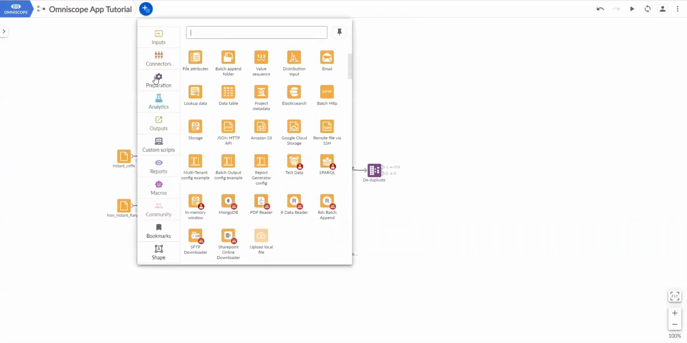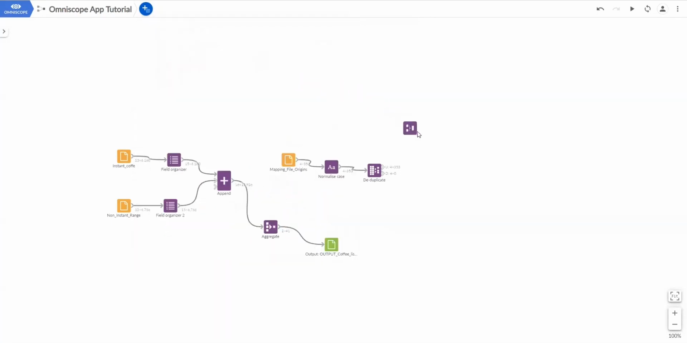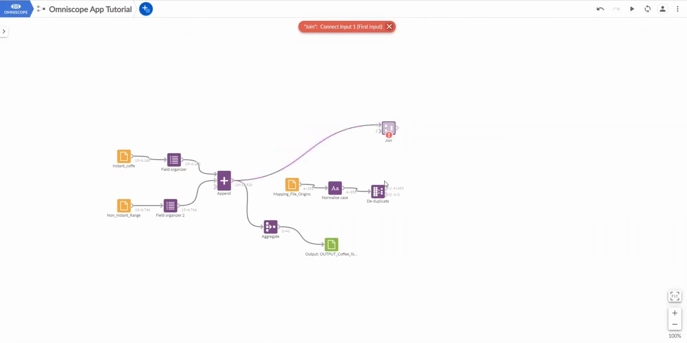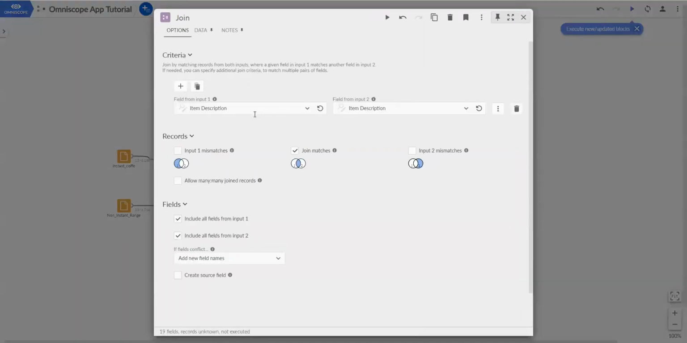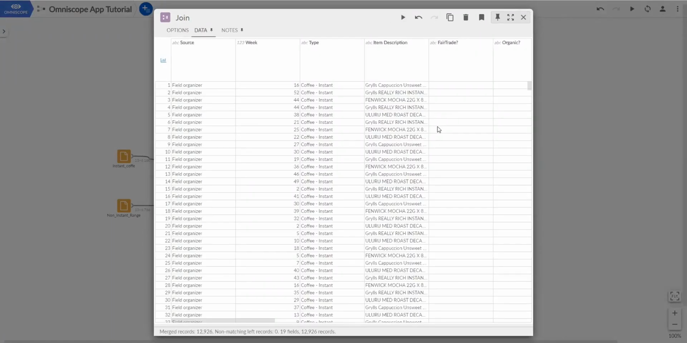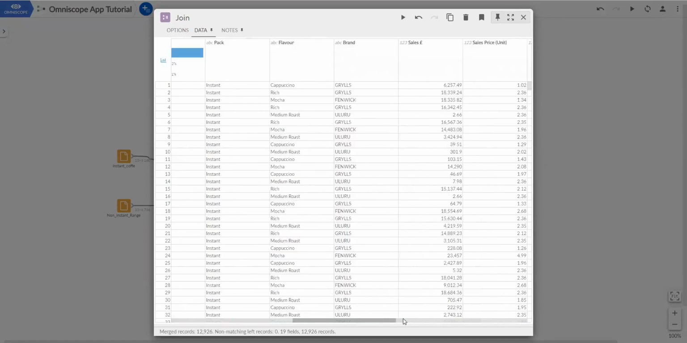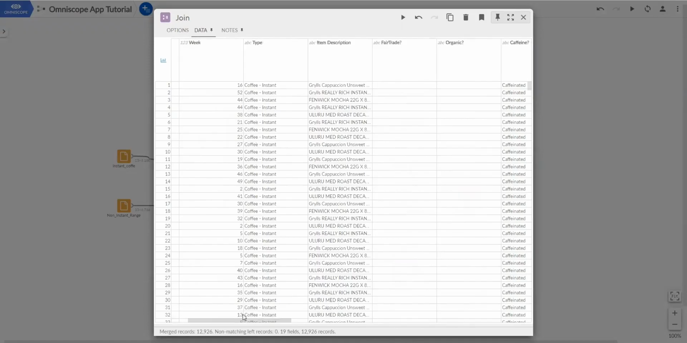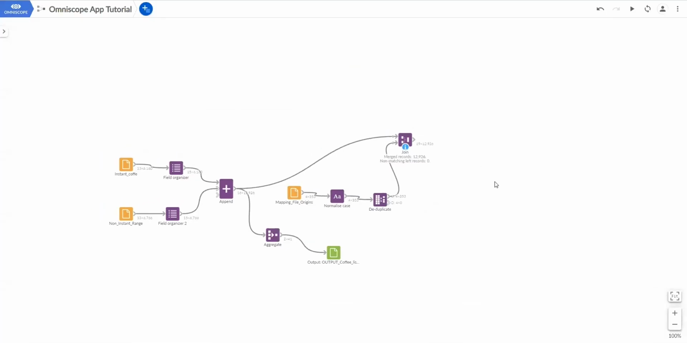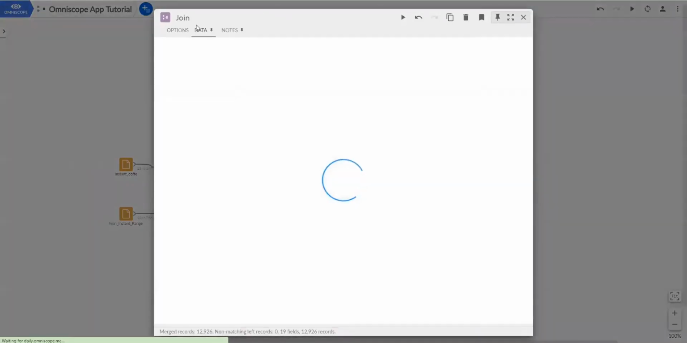Once we've cleaned the data, we can now take out this join block and join our appended data set with our new mapping file. We've now added geographical coordinates to our coffee data. Now, if we take a look at our new data set,